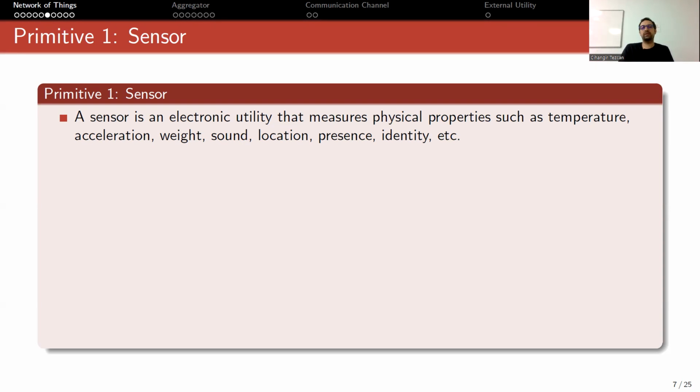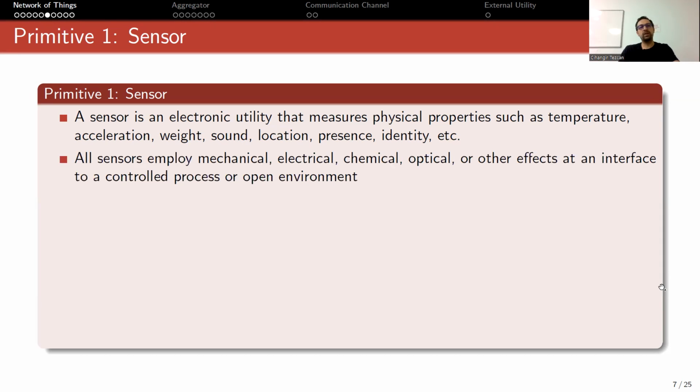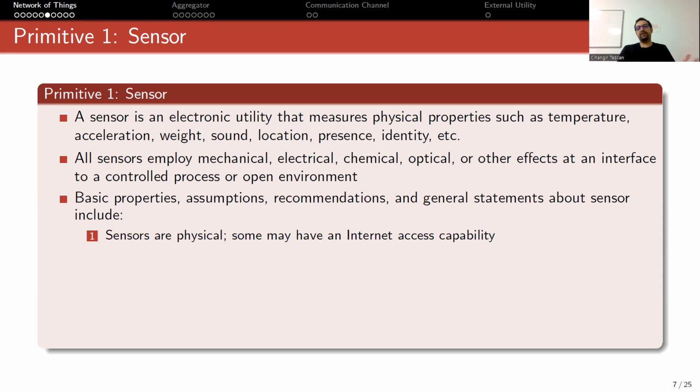But the important thing is we have sensors, and the number of sensors and the amount of data we measure increases all the time. Even smartwatches come with many different sensors now that we didn't have before. All sensors employ mechanical, electrical, chemical, optical, or other effects at an interface to a controlled process or open environment. Basic properties, assumptions, recommendations, and general statements about sensors include: